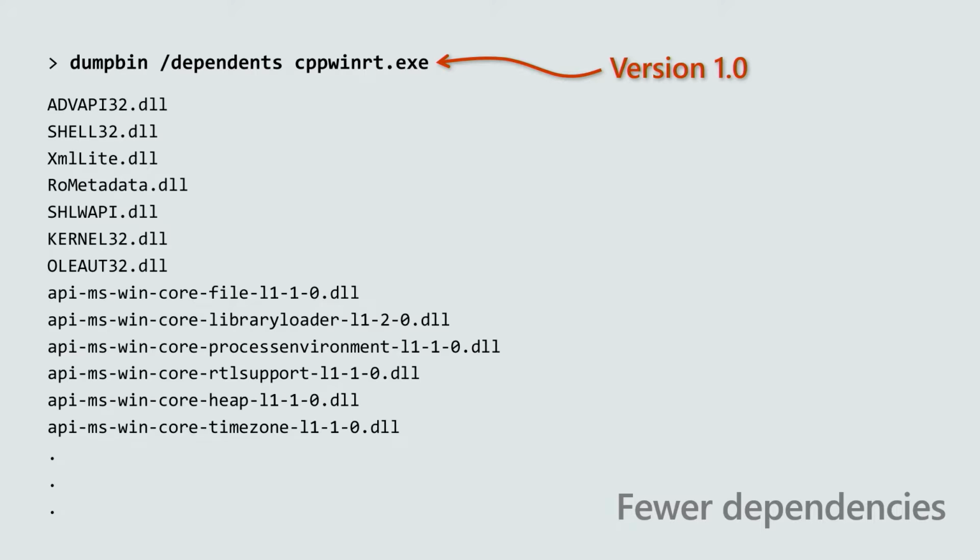Now, to be fair, some of these are forwarding DLLs, so they use a technology called API sets. Not a big fan, but these are all built into Windows 10 in theory, and so they shouldn't be a problem. You can copy the executable onto any Windows 10 machine, and it works. The trouble is sometimes this doesn't work so well.